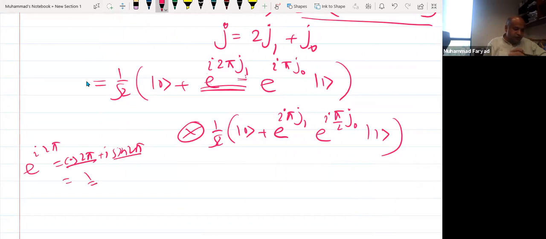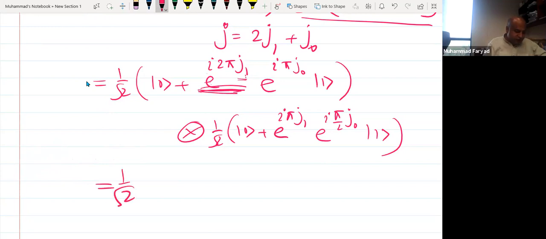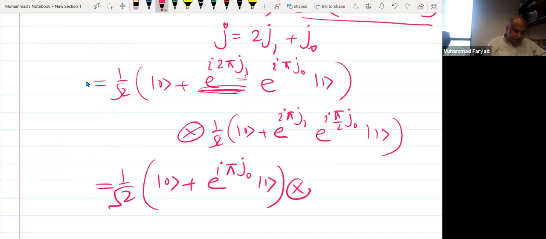So this is always 1. So this term is always 1, which means I can eliminate it. So I have finally 1 over square root 2, |0> plus exponential iota pi j naught 1,